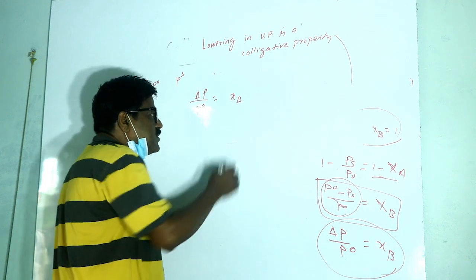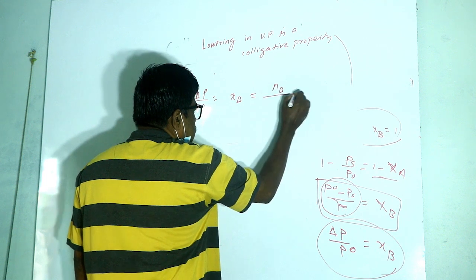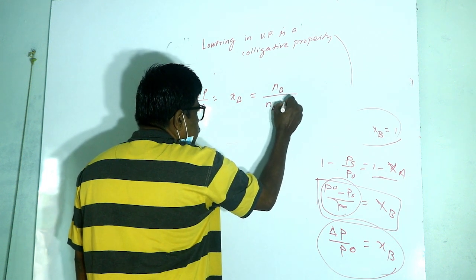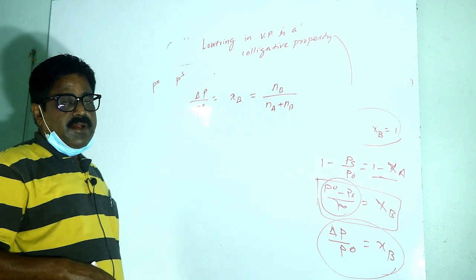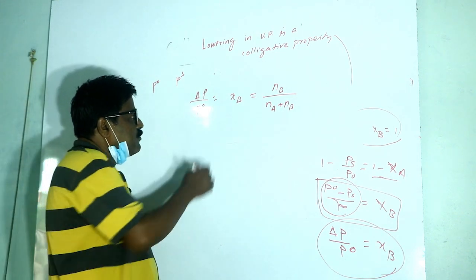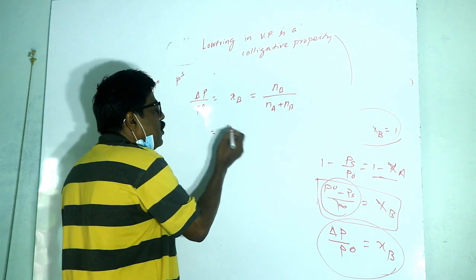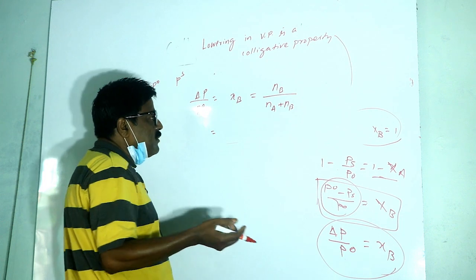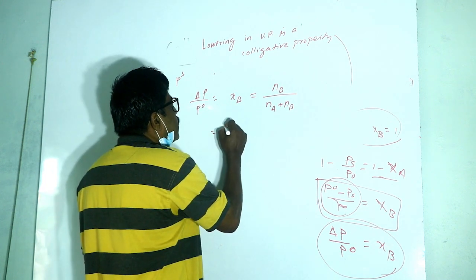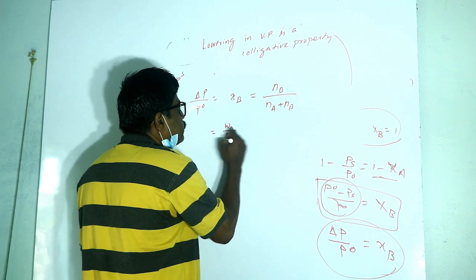Mole fraction of the solute means number of moles of the solute divided by total number of moles. Mole fraction, number of moles of that component divided by total number of moles present, is the mole fraction of that component. Here NB, number of moles, you know, number of moles means weight of the substance present divided by